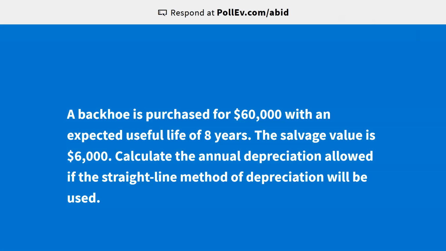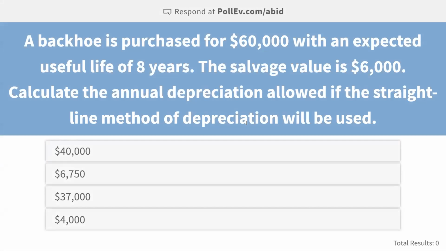a backhoe is purchased for $60,000 with an expected useful life of 8 years. The salvage value is $6,000. Calculate the annual depreciation allowed if the straight line method of depreciation will be used. Remember that from your engineering economy course, straight line depreciation method, and then you can easily calculate it. Straight line depreciation is equal to the purchase price minus the salvage value, divided by the useful life. So in this case, it will be